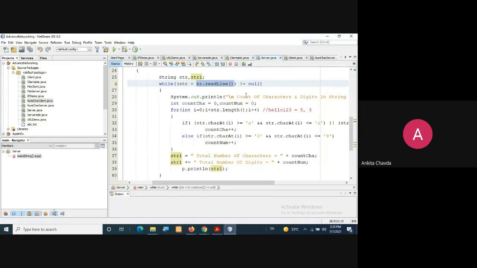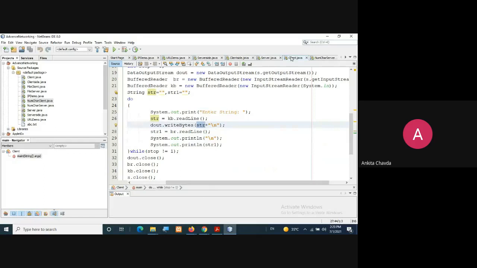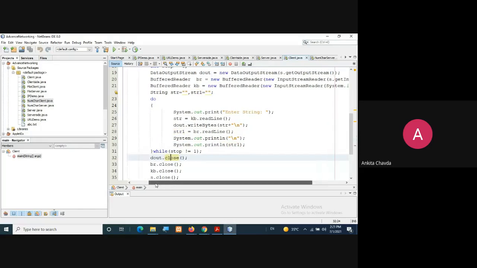Okay. And then we will calculate how many characters and digits there are, and we will write it onto this string1, and finally we will write onto the output stream, so that the user can read it. So now the user will read that via this BR, because BR is attached to this input stream. So str1 equals br.readLine. Finally I'll print this str1. Okay, and I'm closing everything. Very easy.